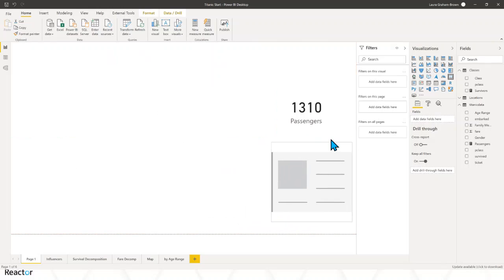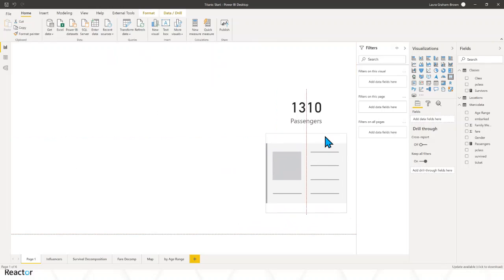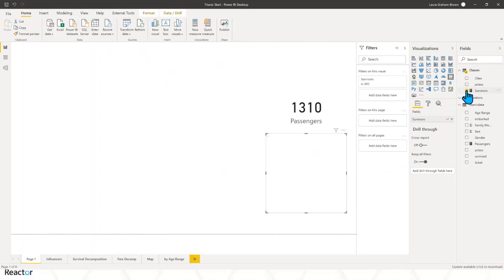And I'm just going to put it over here. I am going to do a bit of layout in a second. Right? And we're going to put in our survivors there. And the nice thing here, okay, you can drop things in and put in filters using the filters pane and all sorts of things. But this is really simple and easy, because it's got the right names in there, because I've named my